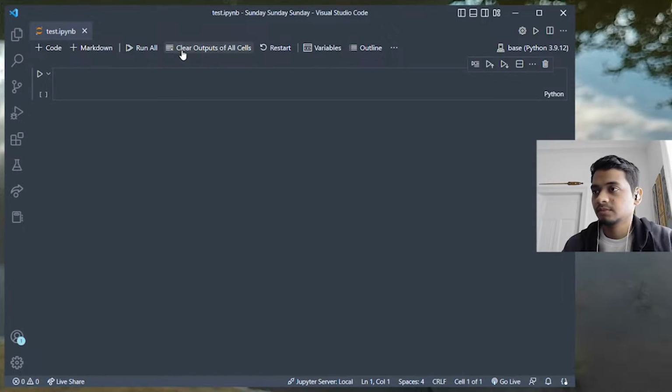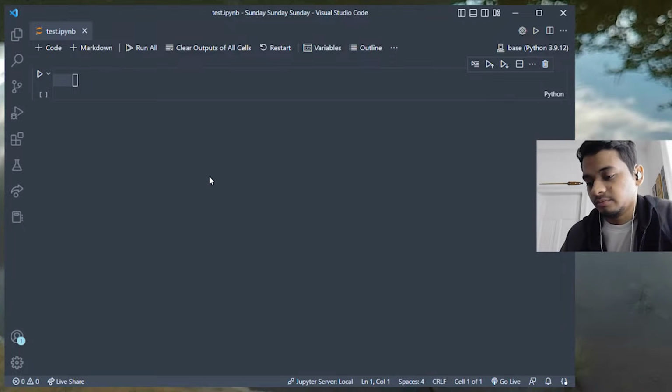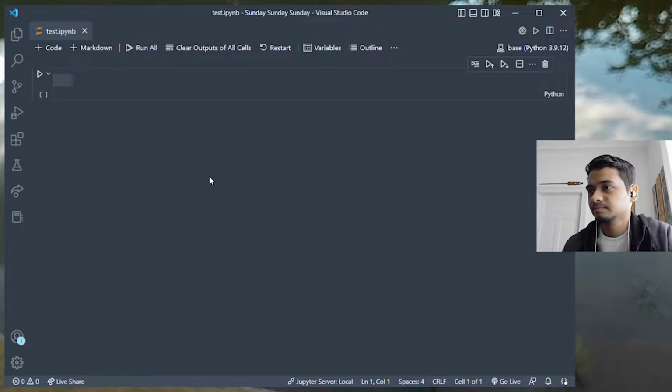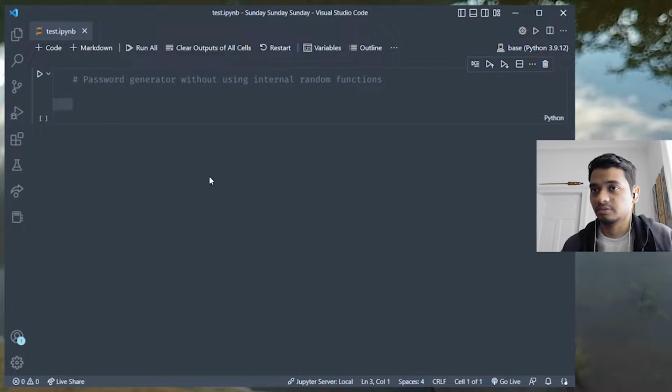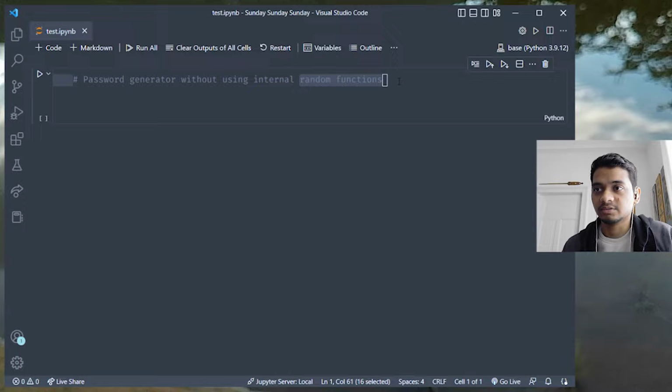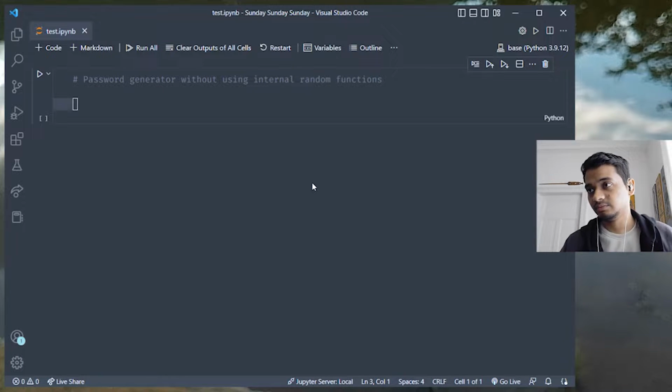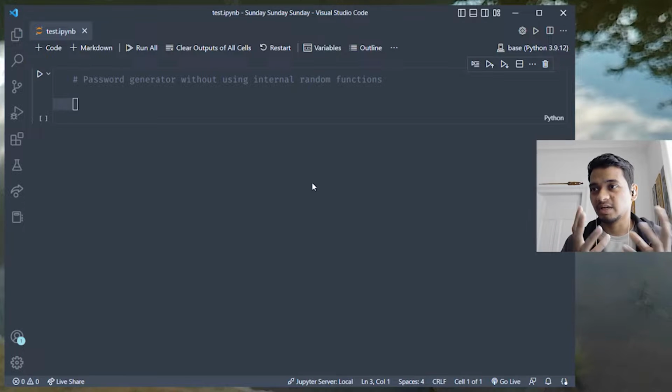Today's problem is creating a random password generator without using language specific internal random functions. We're going to use Python today, of course, and of course the password needs to be random, and doing that without a random function is going to be challenging. But we need some sort of randomizer function, and for this example we're gonna grab those random values from the system time,